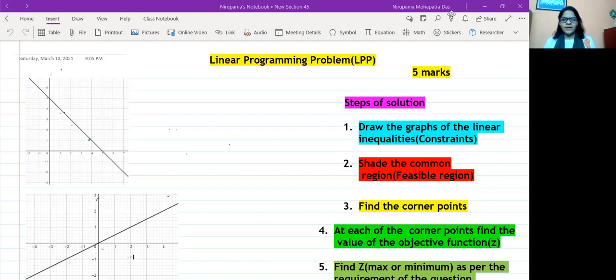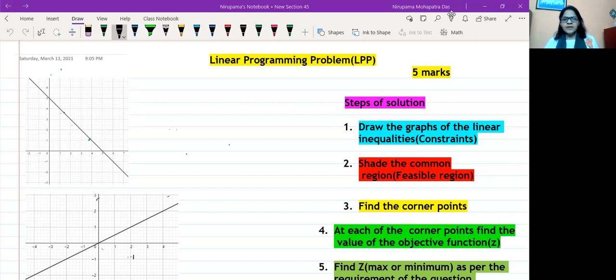Whenever we take linear programming problem, of course, I'm not going into the history and not much background because most of the portions are deleted. The only thing I want to discuss is how to solve the questions for the sake of our exam. Basically, here we are solving linear inequalities and getting corner points. Solving the linear inequalities is the first and foremost thing in this topic.